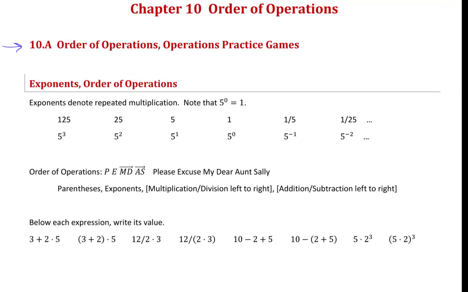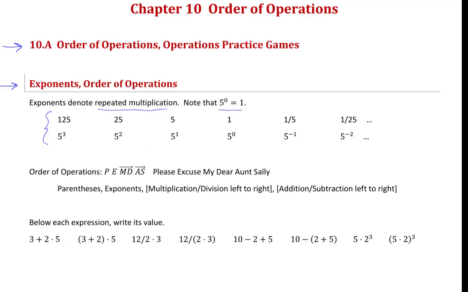And the first thing I want to do is talk about exponents. Now, exponents denote repeated multiplication, and it's a little bit weird. 5 to the 0 equals 1, and that seems like a really strange thing to say. 5 to the 0 equals 1. How can I repeat the multiplication of 5 0 times? But there's a nice demonstration, I think, that shows how exponents that are 0 or exponents that are negative actually